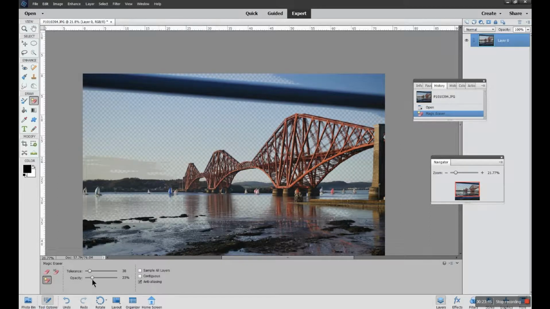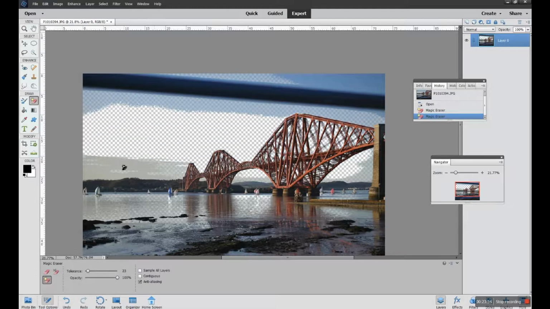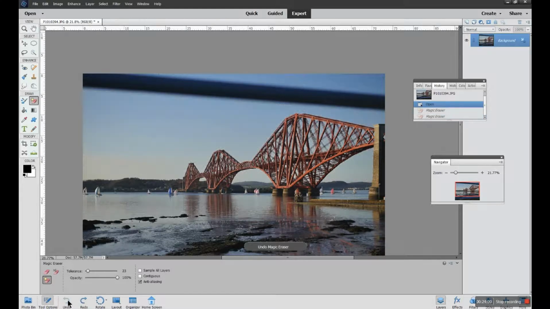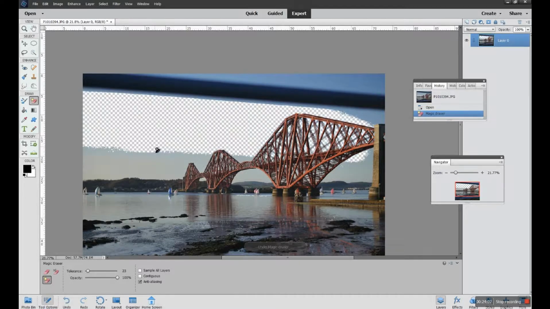No, not the opacity. What am I talking about? Reduce the tolerance. Sorry, reduce your tolerance. It will only take out a lesser part of your picture. Let's undo that and go back. There we are. Okay, so I've reduced the tolerance, and by reducing the tolerance it doesn't pick up as much